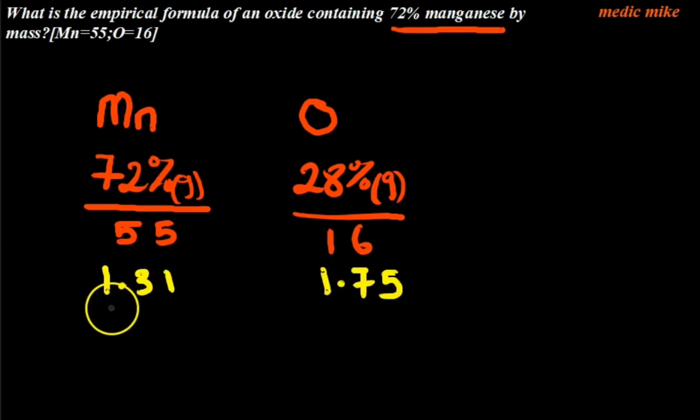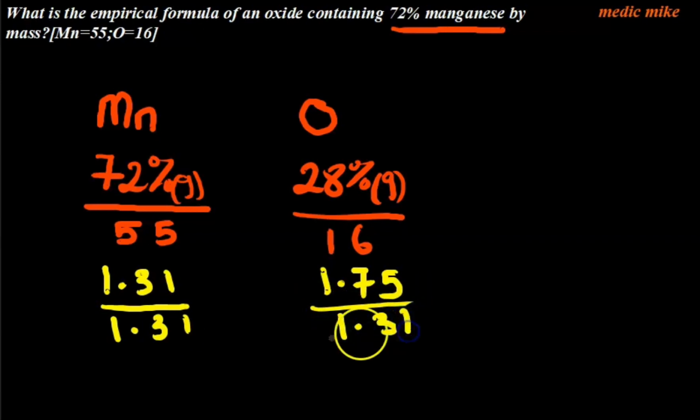So we have to divide both sides by the simplest mole, which is 1.31, and over here we'll still divide by 1.31. And when we punch that in our calculator, we'll be getting 1 over here. 1.31 divided by 1.31 gives us 1, while 1.75 divided by 1.31 will give us